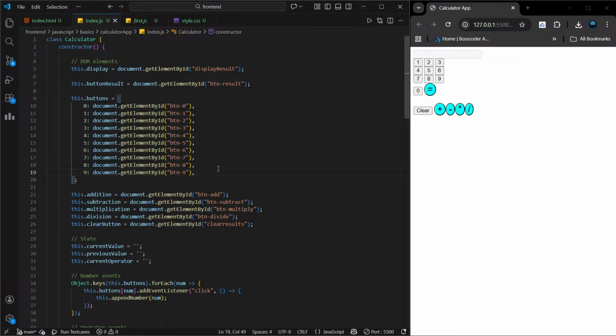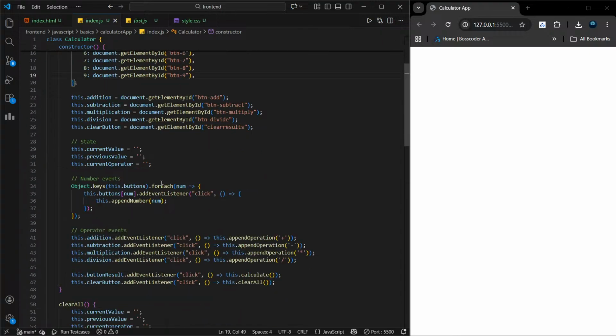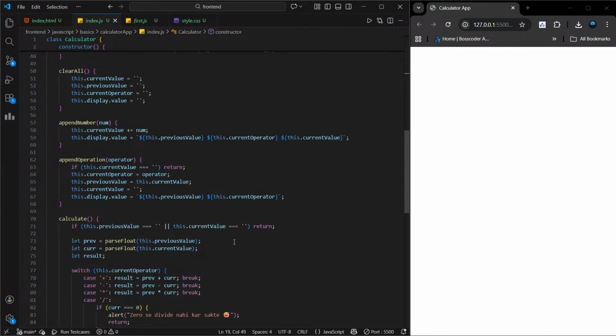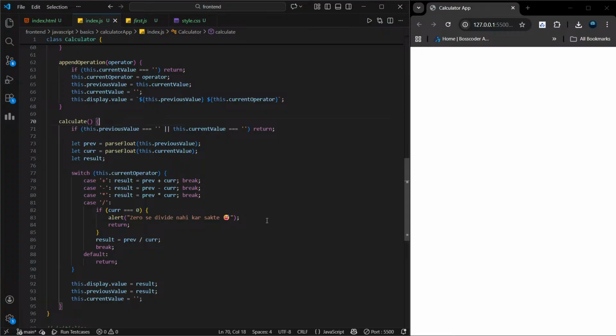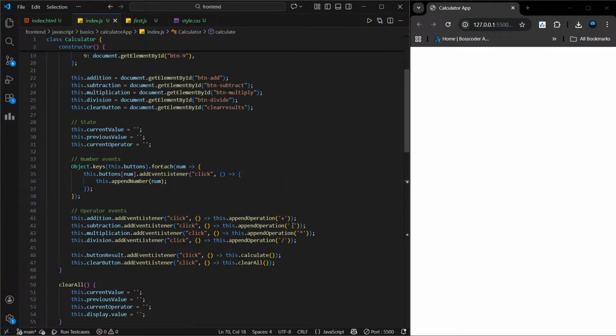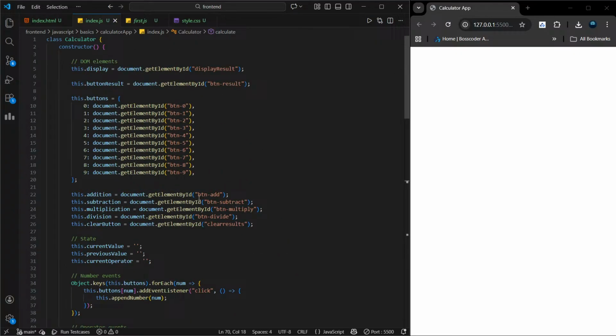तो इस क्लास में तुमने क्या किया है, कंस्ट्रक्टर में सारे डॉम एलिमेंट्स पकड़ लिए, जो भी स्टेट है वो प्रॉपर्टीज़ में रख ली, और फिर मेथड्स जैसे अपेंड नंबर, कैलकुलेट या क्लियर ऑल को डिफाइन किया होगा, जो इस स्टेट और एलिमेंट्स पर काम करेंगे। मतलब अब तुम्हारा सारा लॉजिक एक नीट बंडल में है, स्टेट, इवेंट्स और यूआई सब एनकैप्सुलेटेड। अब बस इसे यूज़ करते जाओ, और अगर कुछ ट्वीक करना हो तो हर चीज़ क्लास के अंदर नाइसली ऑर्गेनाइज्ड है।